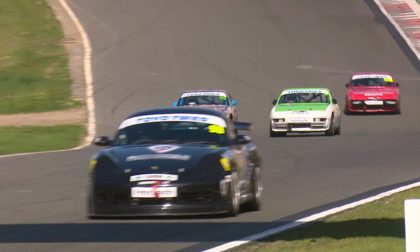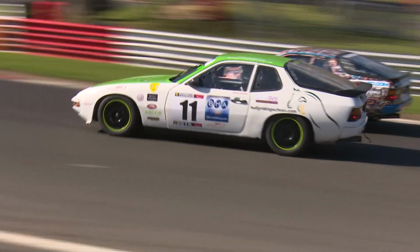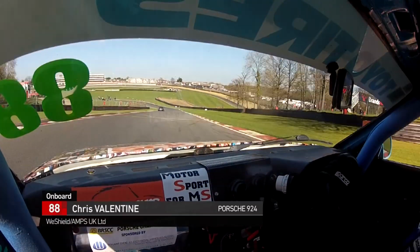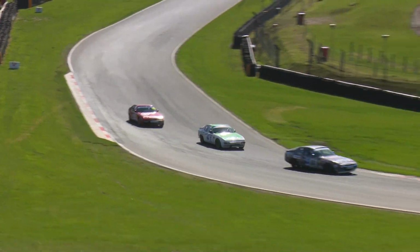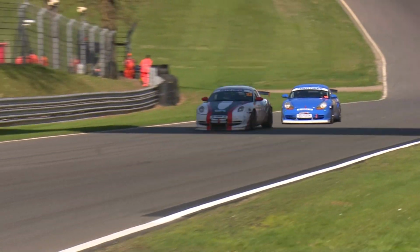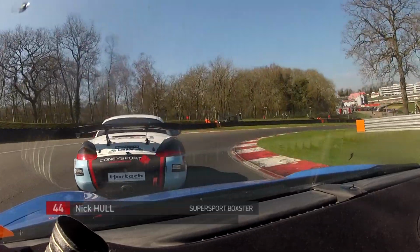Here's the battle for second position in the 924s, and Chris Valentine back into second place. Valentine side by side with Andy Pritchard, goes through on the way into Druids. That was a great manoeuvre by Chris Valentine, cleanly through. Porter down to third, and now being challenged by John Jones. Three cars fighting over second place in the 924s, and still this battle between Andrew Porter and Nick Hull, who